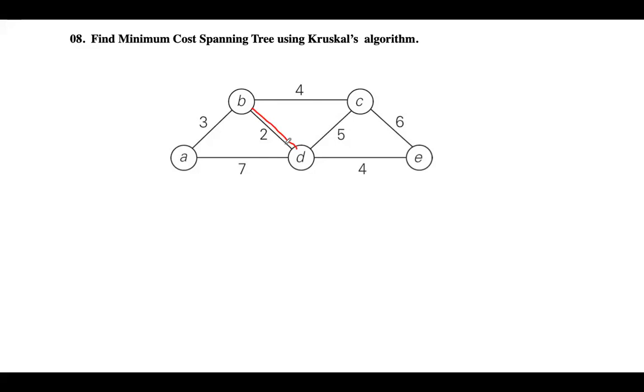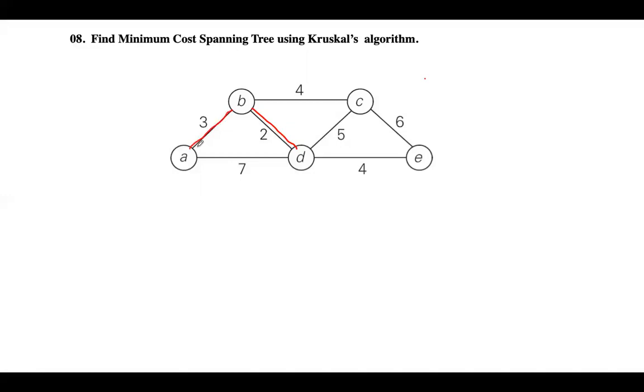First, it will select this edge into the spanning tree. See, ultimately, we need to create the spanning tree. So this is the first edge that will be selected. That is B to D, 2 to 4, which has got minimum cost, that is 2. Then again, the algorithm will search the entire graph for the next minimum cost edge, which is cost 3, that is A to B.